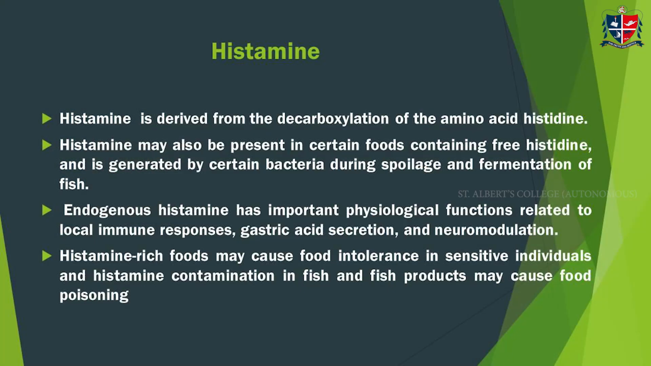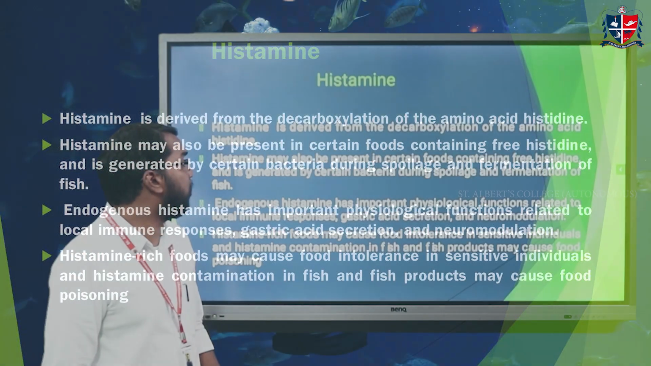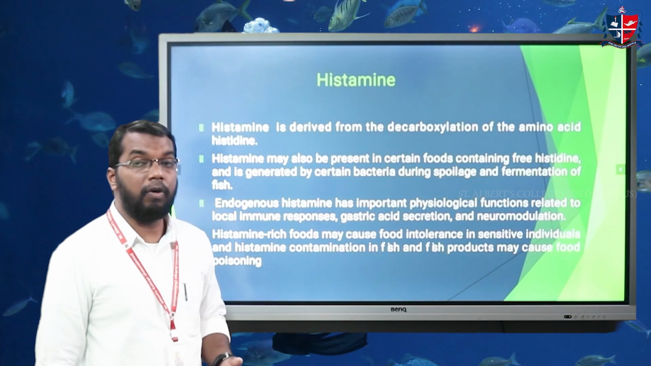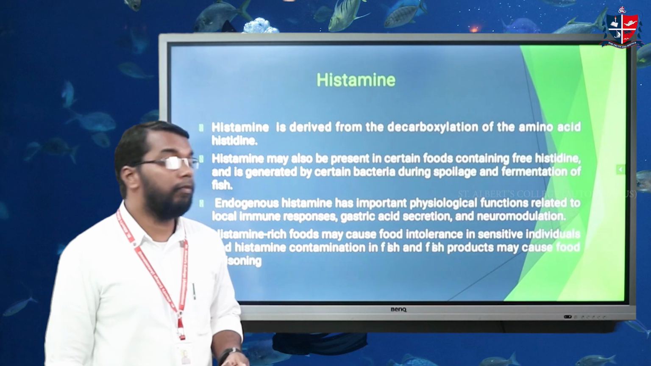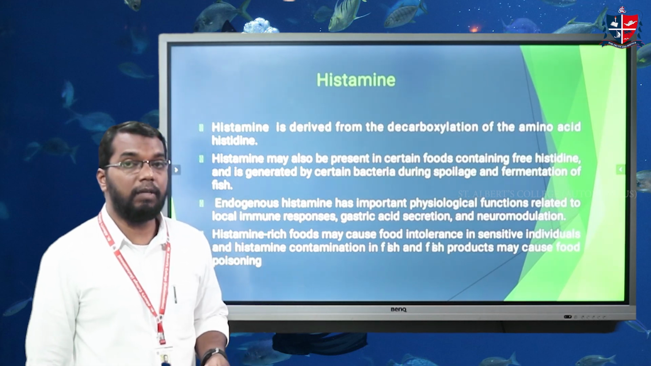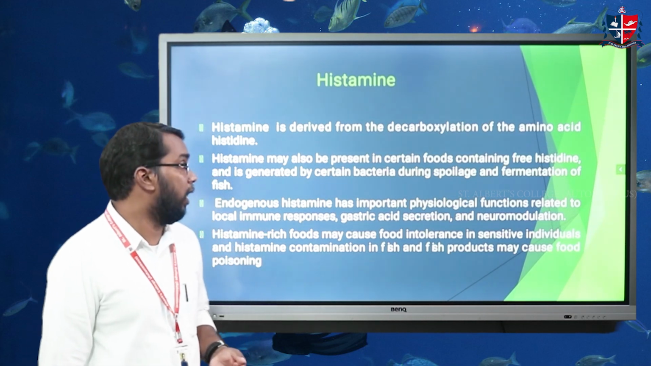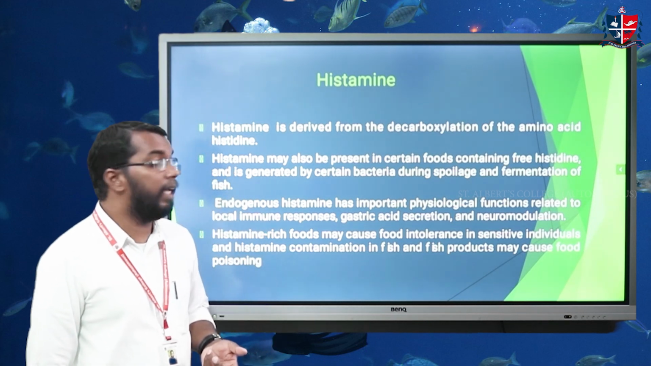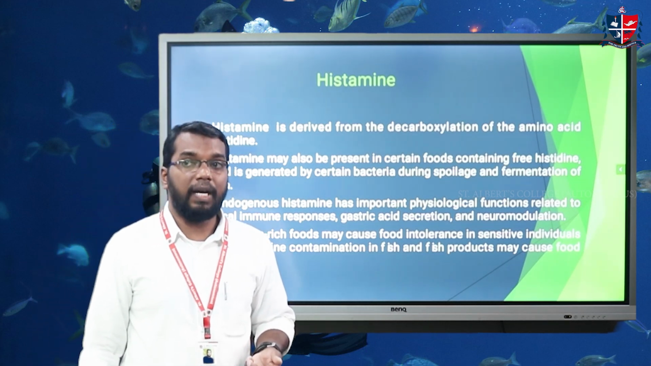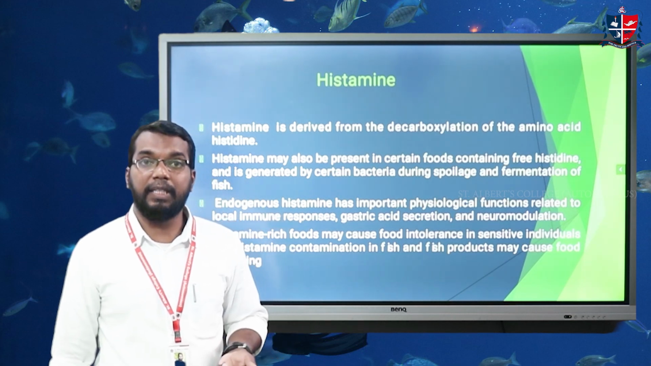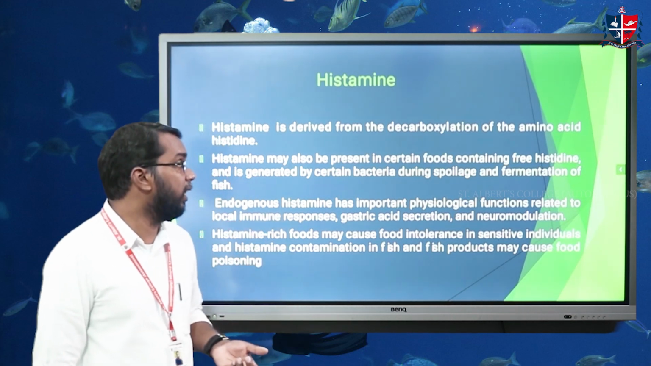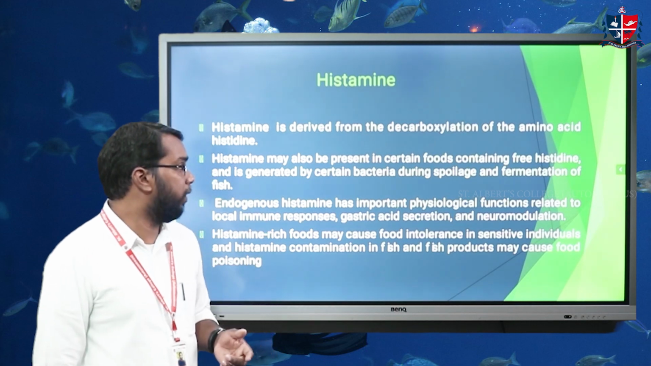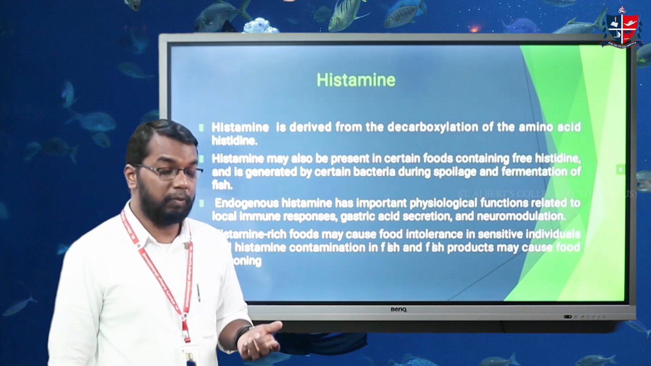The first one is histamine. Histamine is one of the major biogenic amines found in fish, and it is mainly found in fishes that come under the family Scombridae. Examples of these fishes are mackerel, seerfish, and tuna. The body of these fishes contains a large amount of the free amino acid histidine. By bacterial decarboxylation, this histidine is converted into histamine, and once the histamine is formed, it is a major spoilage